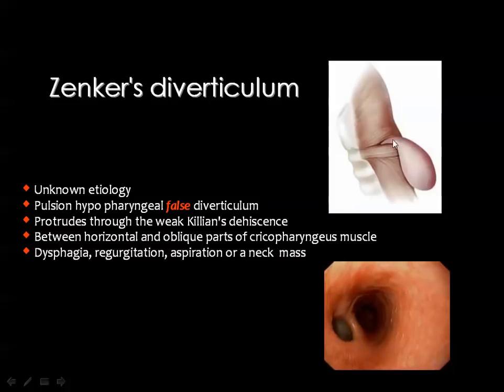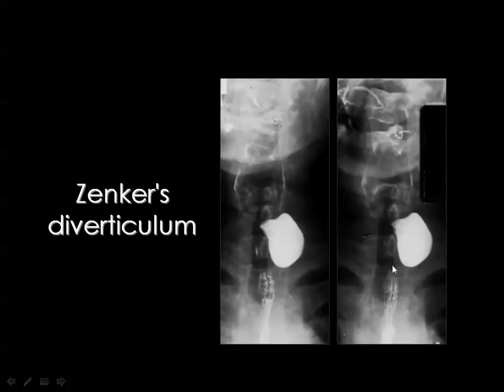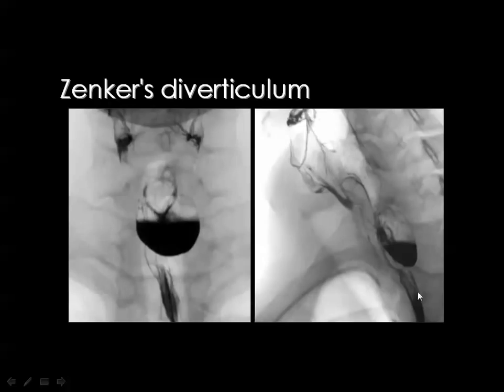muscles, and you can see the typical location posterior to the upper esophagus, and this is a barium swallow. And you can see this is the typical appearance of the diverticulum in the upper esophagus or in the lower part of the neck, and the diverticulum is continuous with the line of food descent. Then this is also a classic appearance of Zenker diverticulum,